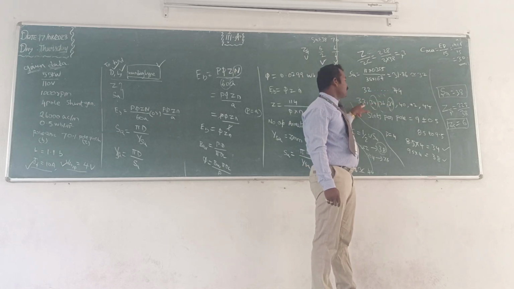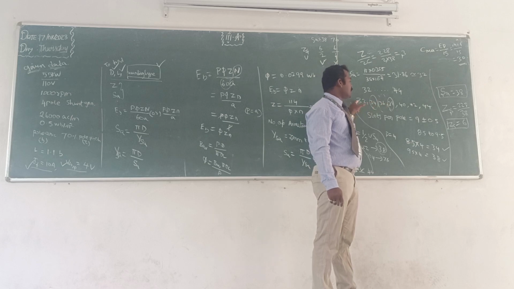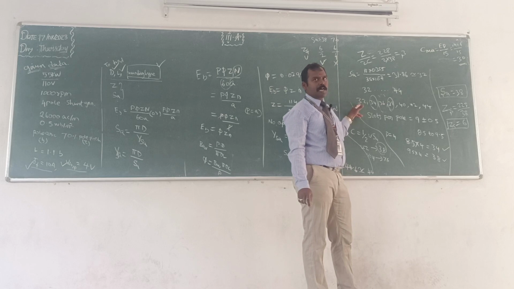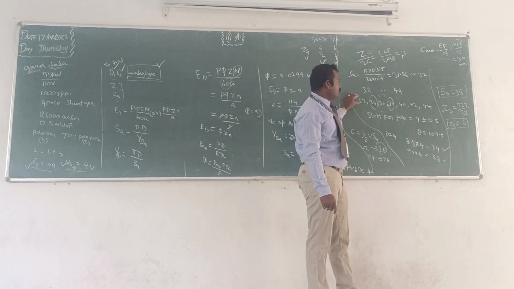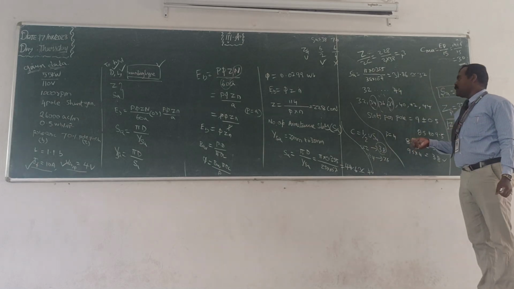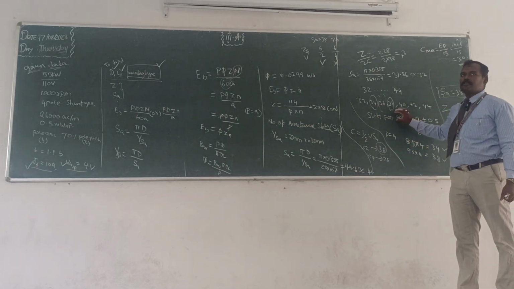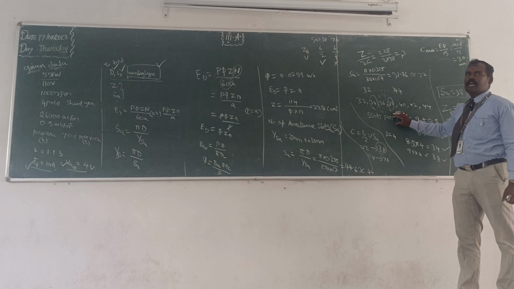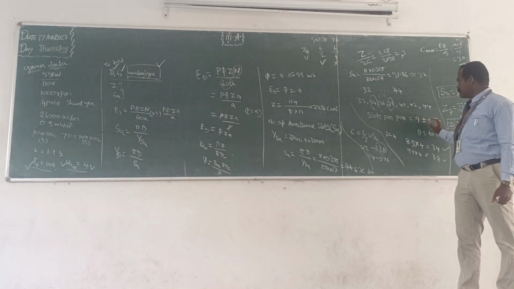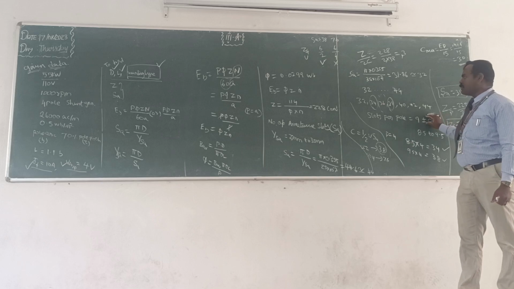So you can list out all the possible numbers of armature slots: 32, 34, 36, and so on up to 44. Then you can fix the values of the slots per pole. You should select the slots per pole as an integer value. Here we selected 9. Then you can add or subtract 0.5 to get the rounded value.